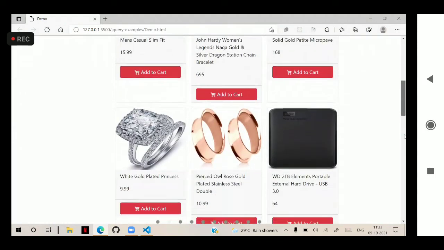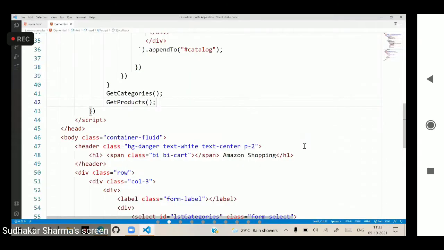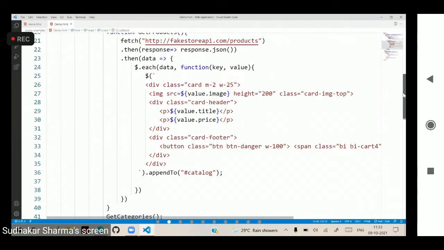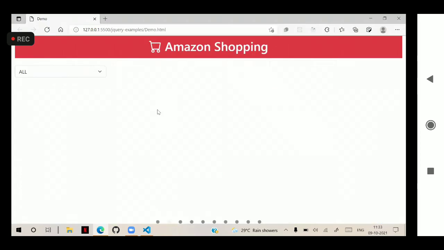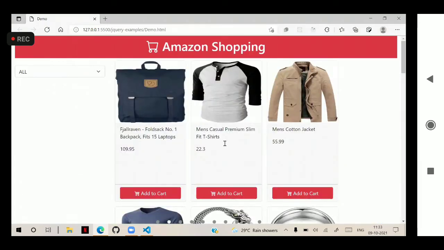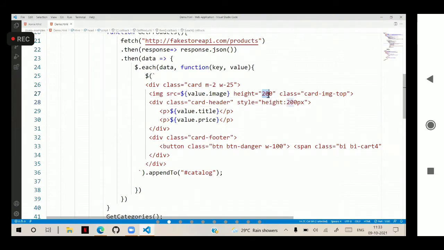We have that, and to keep it uniform, your wish, here I am keeping this header style. I am defining some height. Suppose I say 200 pixel. That means just the card header height is defined, so that it is uniform. I am displaying that there.